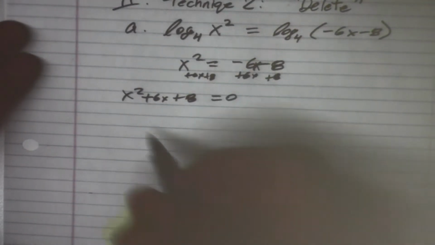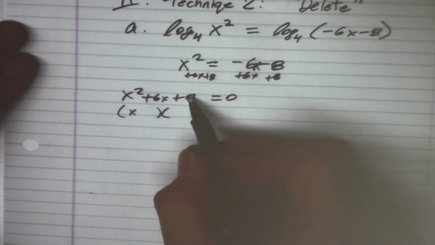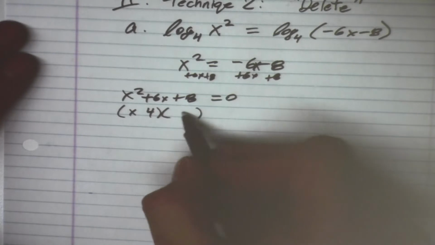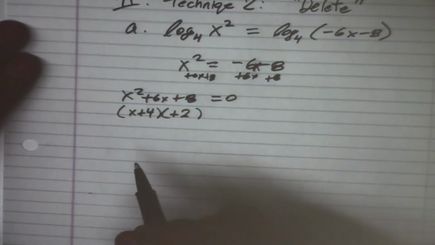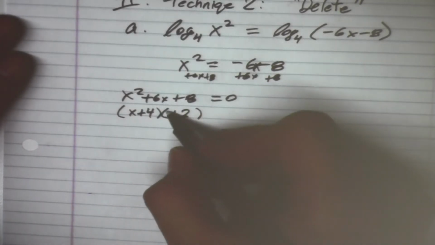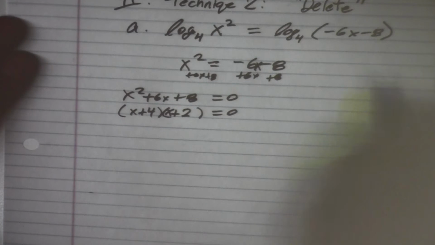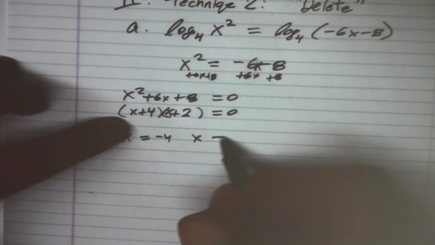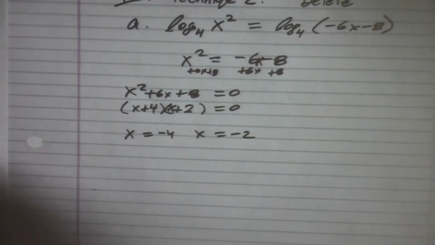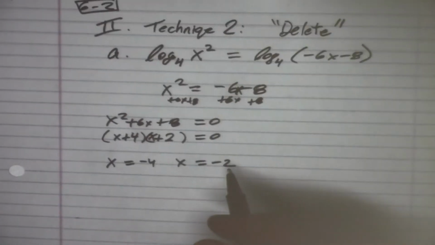This is when factoring is so nice, when you're good at factoring. You can see that two numbers that multiply to 8 and add to 6 are going to be 4 and 2, and they both have to be positive. There's no coefficient for the x squared, or it's just 1, which allows you to set up this basic factoring. And because they're equal to 0, you can now have them separately. X equals negative 4 here, x equals negative 2. Separate them, do them. And so now it looks like we have a solution set of two numbers, but we